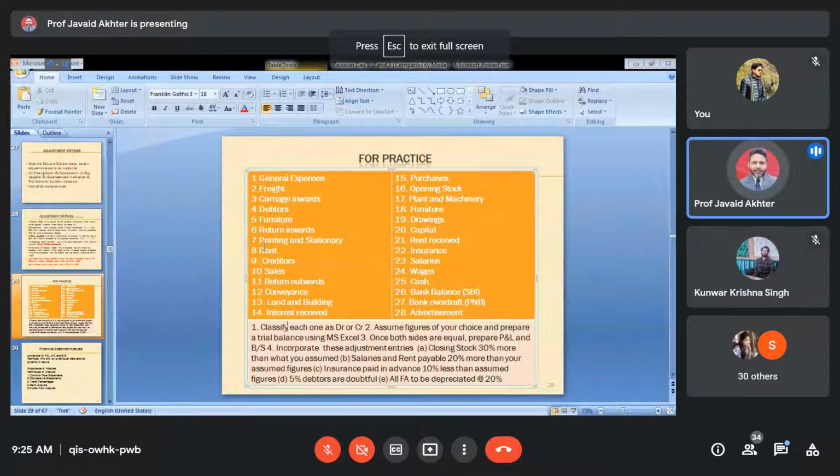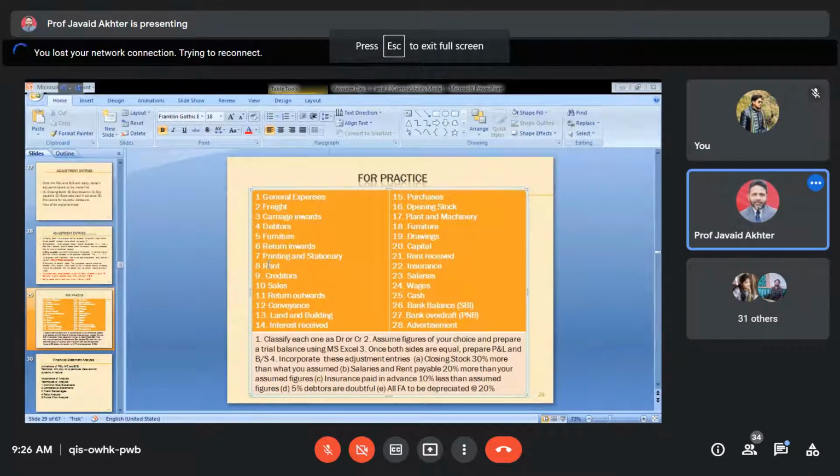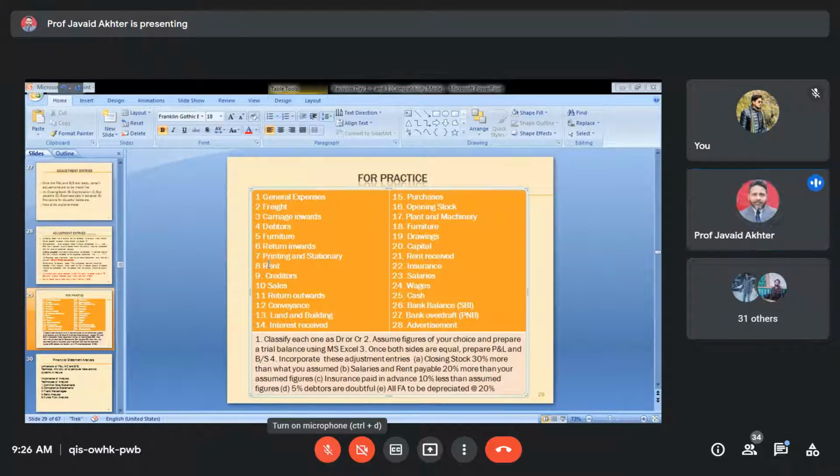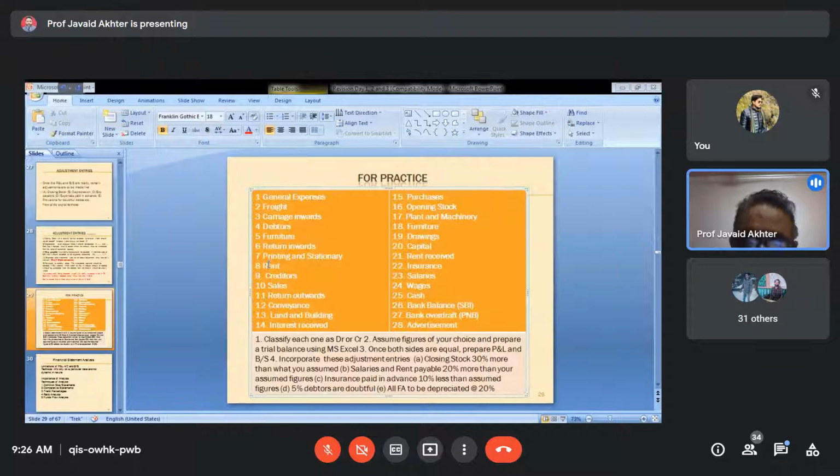If I ask you number 8, debit or credit? Debit. Sir, is it rent paid or receivable? Okay, if it is not mentioned, you are right, your question is correct. If nothing is mentioned, then we take the conventional meaning. When you write rent, if nothing is mentioned, it will be considered as rent paid. Similarly, against interest, here I have written interest received. Had it been only interest, then it means interest paid.